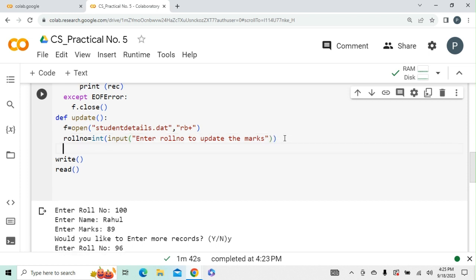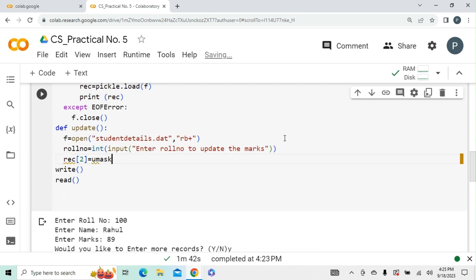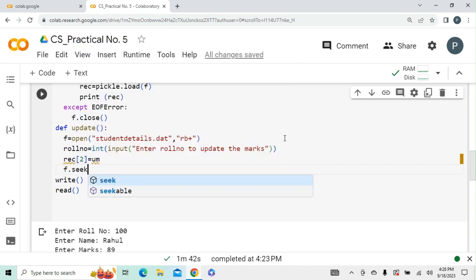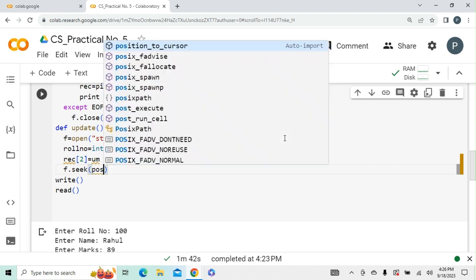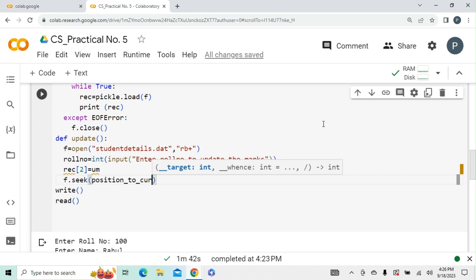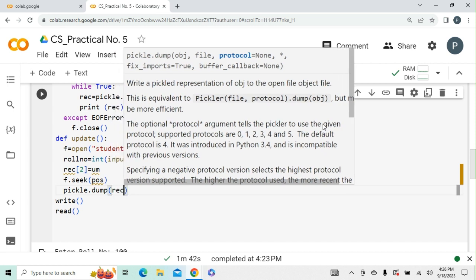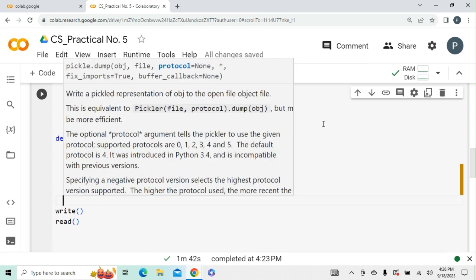So if I write record to here, and put um, which stands for update marks. Then if I write f.seek, then pos is a position. If I write pickle.dump, and in bracket I will write rec and f. Then I will again